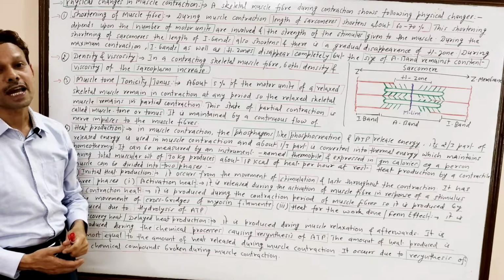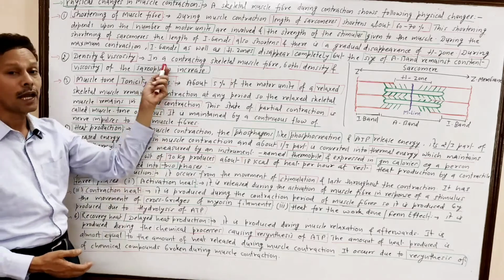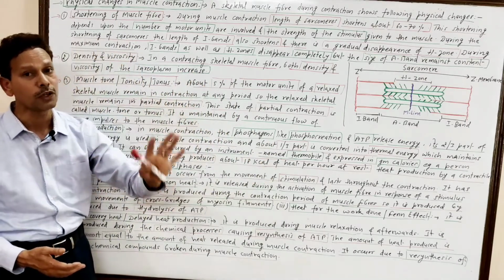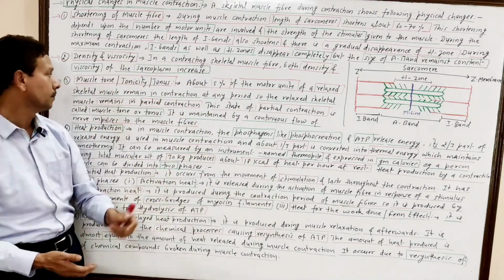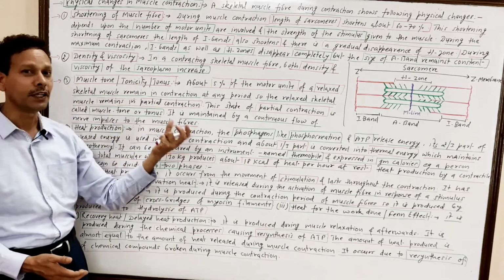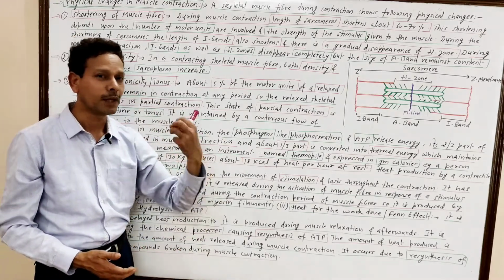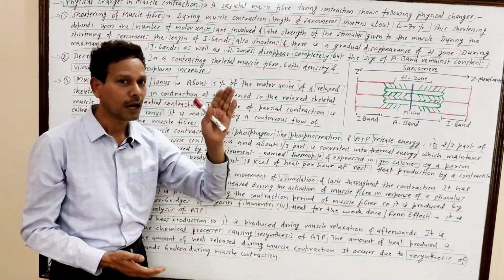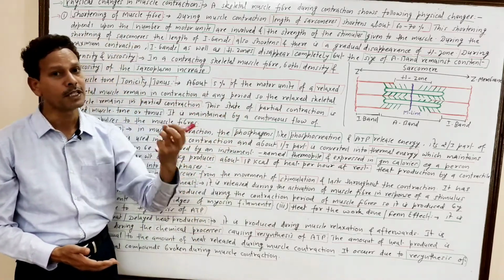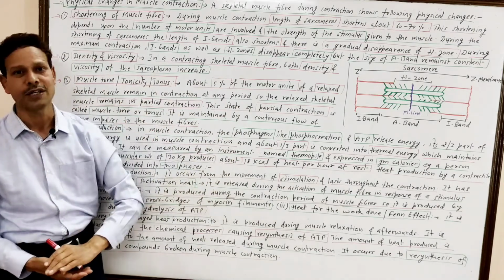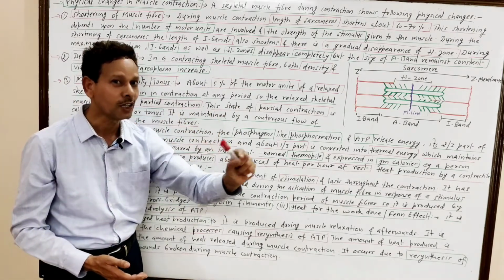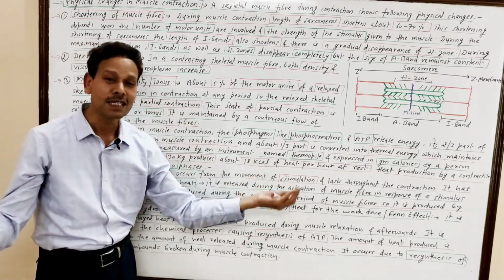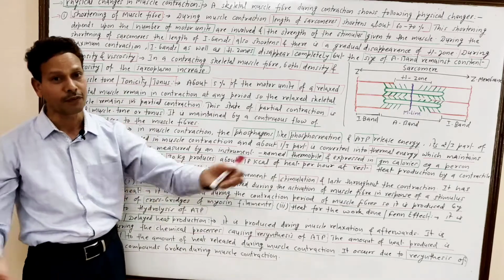Density and viscosity, the second point. At the time of muscle contraction, dear students, both density as well as viscosity of sarcoplasm increase. Next, muscle tone, tonicity, muscle tonus. It means even in a relaxed muscle, the muscle fibers remain in partial contraction. That state of partial contraction in skeletal muscle fibers is known as muscle tone or tonicity, which is essential for control